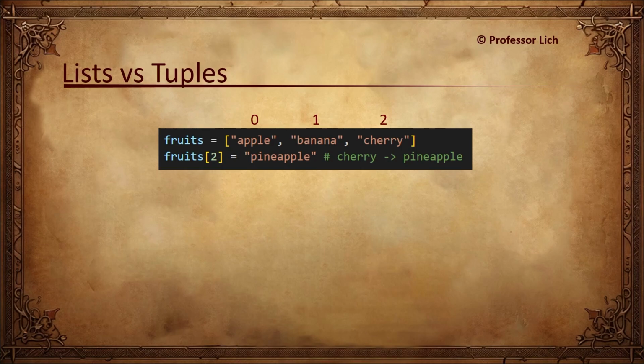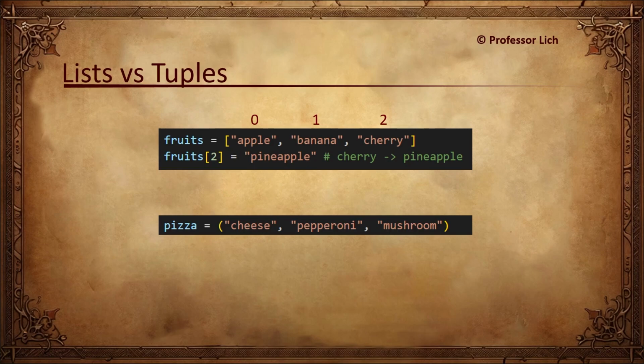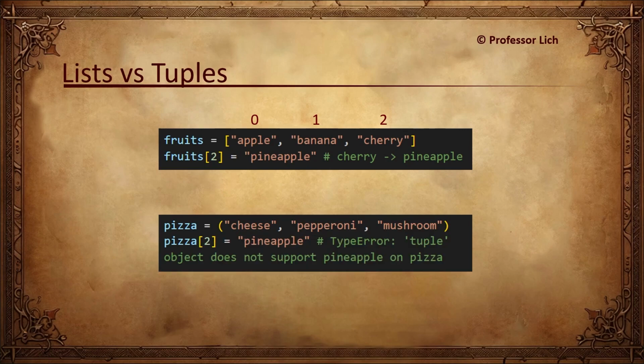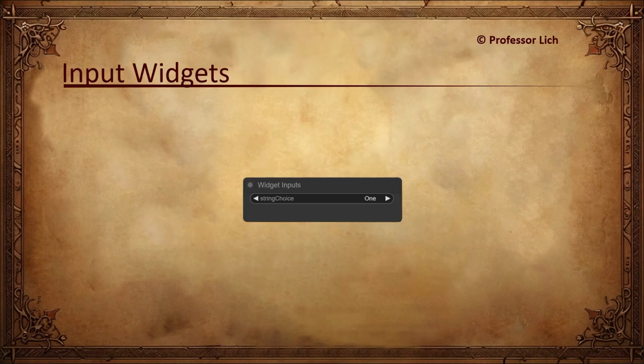On the other hand, once you create a tuple, its value cannot be altered once created. To Hawaiians out there, it pains me to tell you this, but if you attempt to add pineapple on a pizza, Python will rightfully prevent you from doing so, and you will get type error of this kind. It is by design. We don't have time to deep dive into this, but anyone who wants to know more, this property is called immutability, so feel free to look it up. It is very important. At this point, you can hopefully see where I'm going with this.